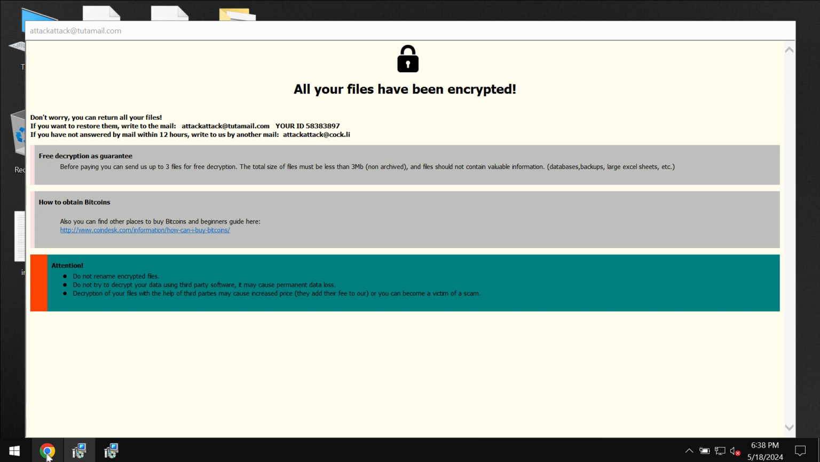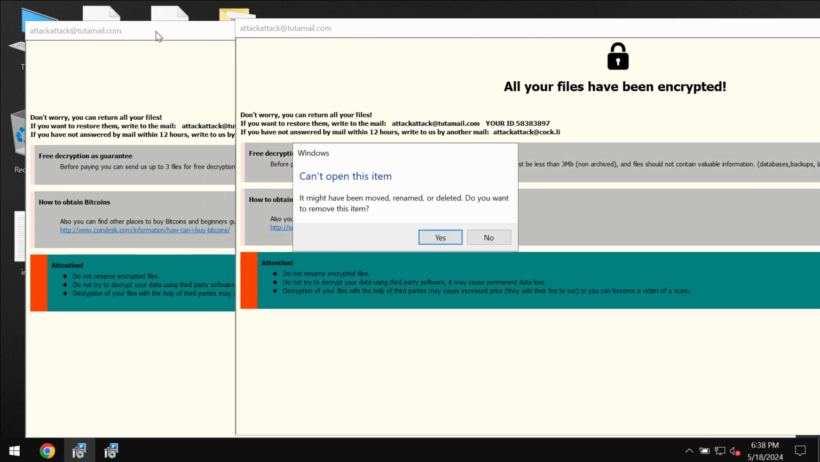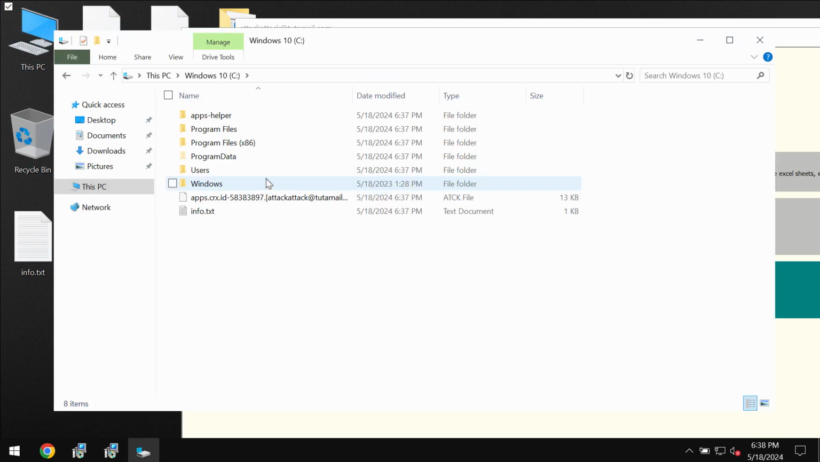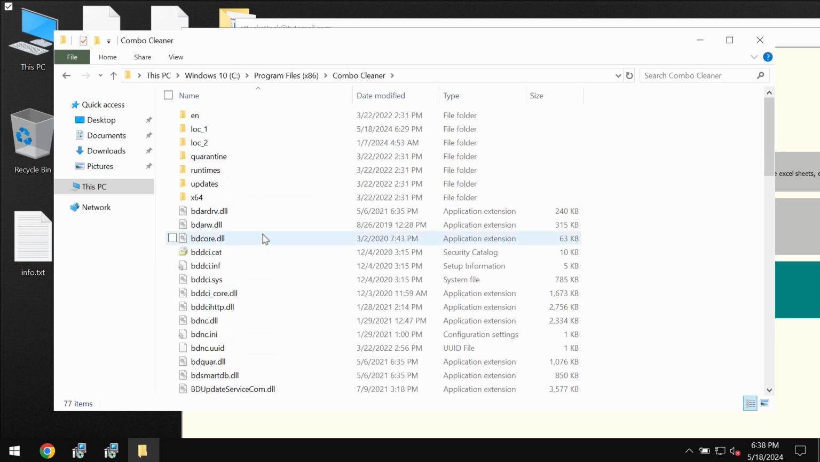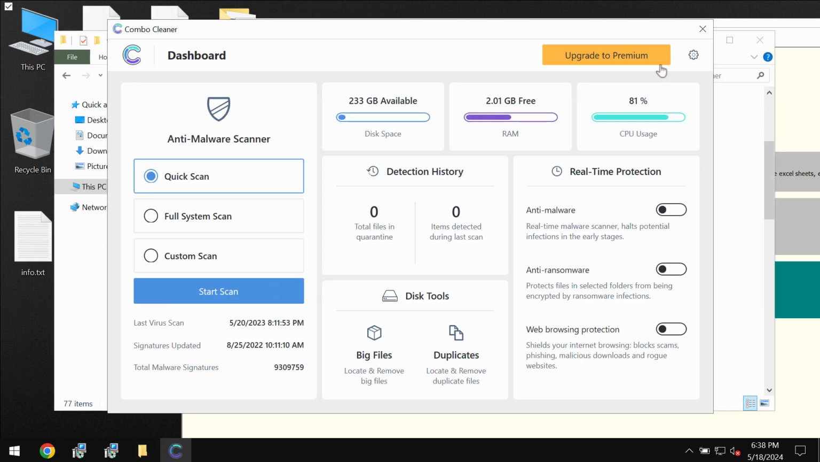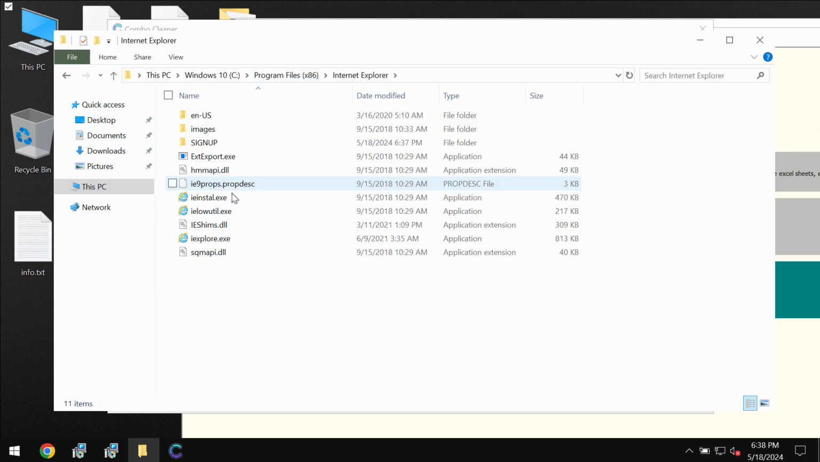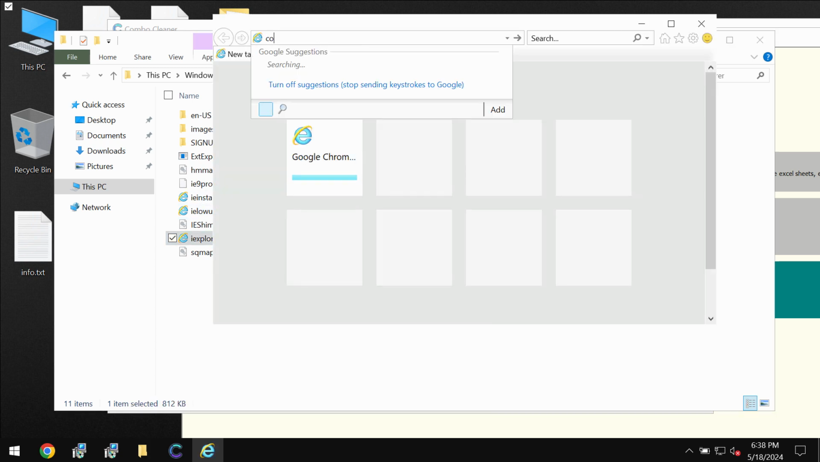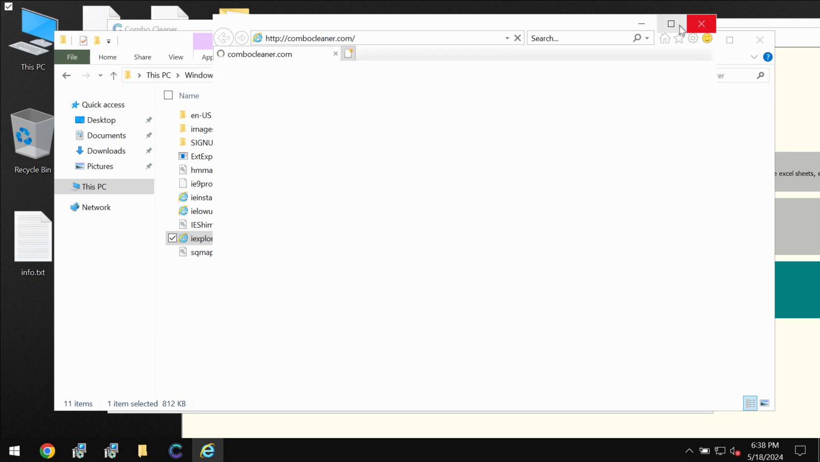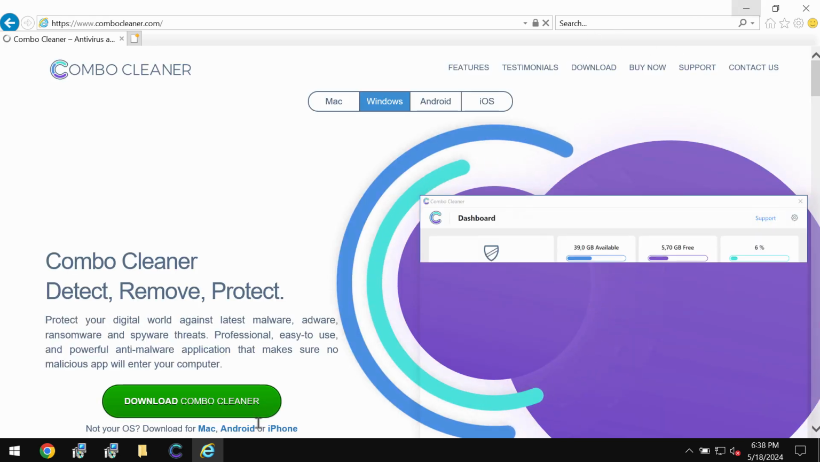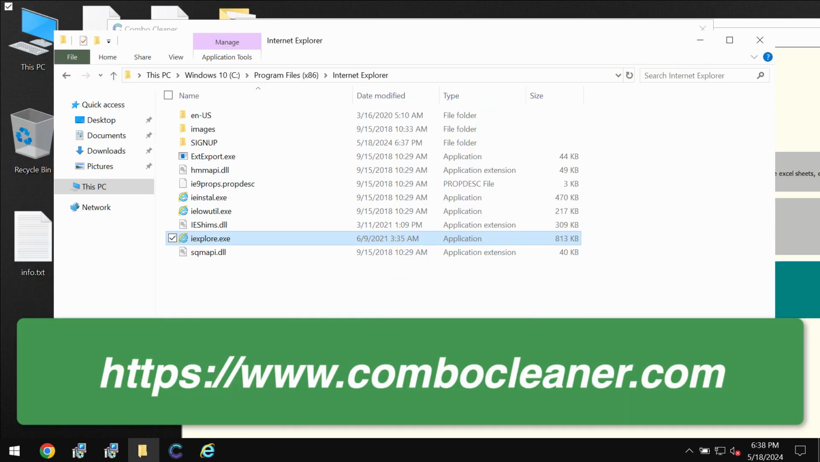I recommend you to remove this ransomware with the help of reliable antivirus. I recommend you to use Combo Cleaner Antivirus for this purpose. You may get Combo Cleaner on the page combocleaner.com, but to get there you will most likely need to use your Internet Explorer browser, because other browsers and their desktop shortcuts could be damaged by this ransomware. So through your Internet Explorer browser, go to the page combocleaner.com, use the green download Combo Cleaner button, install it,